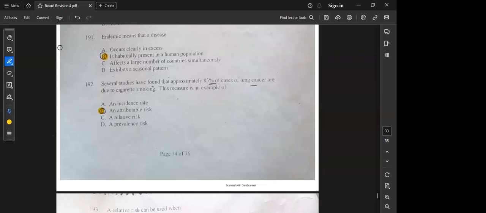Relative risk is the probability of getting a disease if you are exposed to that factor. Sorry, please repeat that. Relative risk is like the probability of getting a disease. So I think this is relative, because if you smoke, it's a high chance of you. It's a probability that you can get cancer. Okay. And what would be